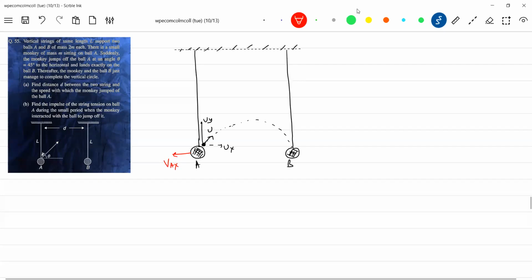The mass of this is 2m. This is m. The mass of this is 2m. Okay, apply conservation of momentum along the x-axis, and you'll get the horizontal velocity of the monkey. So this monkey will go and land, and just before landing,